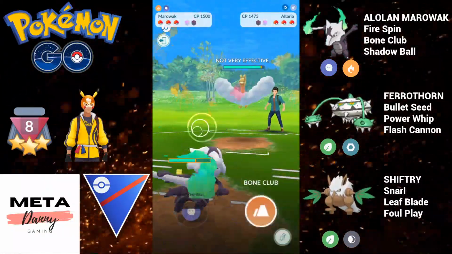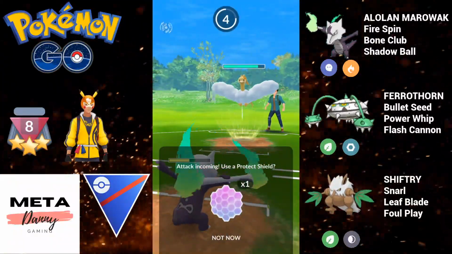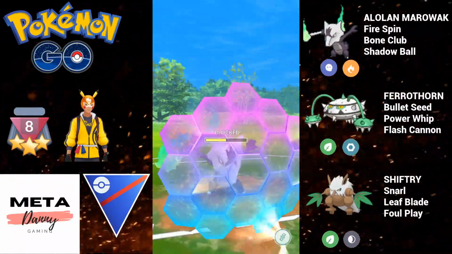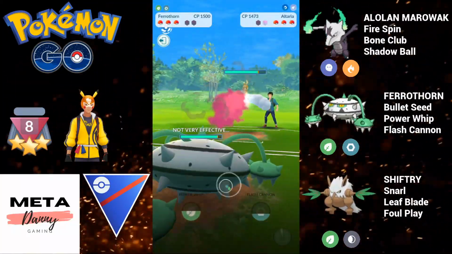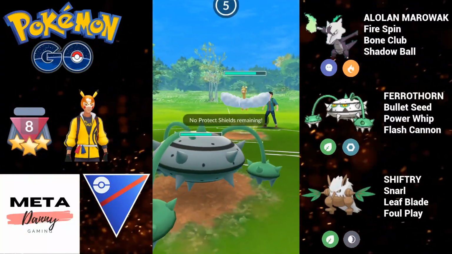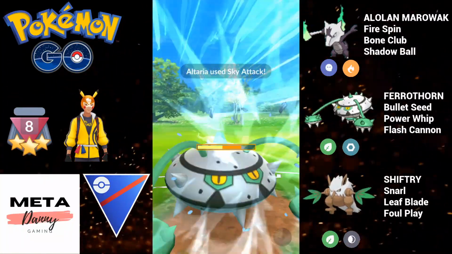We've got Toxicroak in the lead, which was a little bit of a neutral matchup. They decided to switch out into Altaria. Altaria does provide a little bit of a problem for this team, but if you combine Pokemon, you can do something against it. I tried to switch, but I was a little too late with it, so I had to shield again. Now I have no shields, but my Ferrothorn will be able to do quite a bit of damage